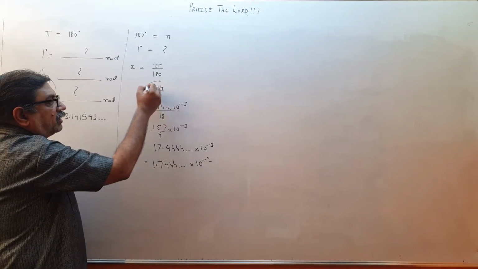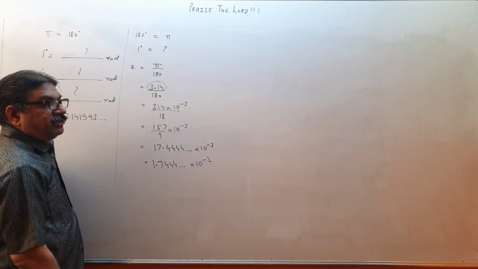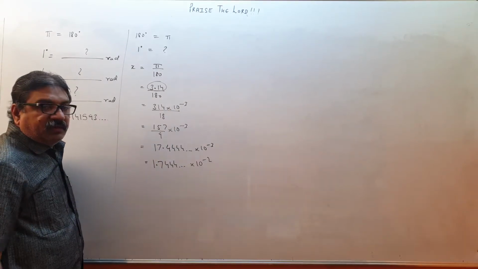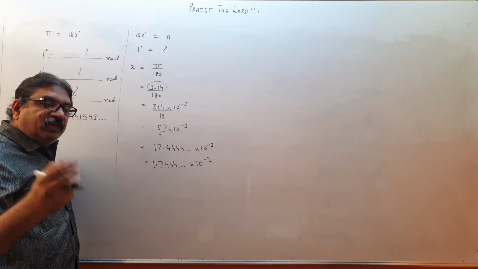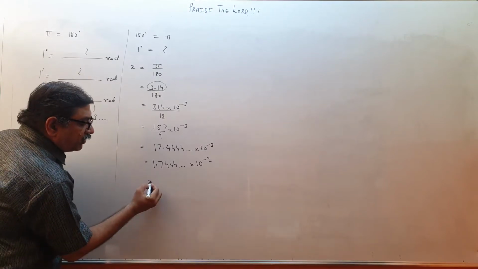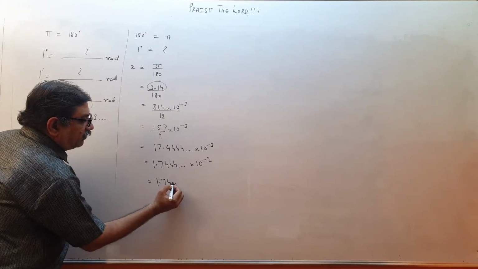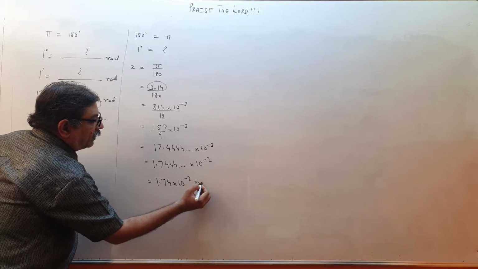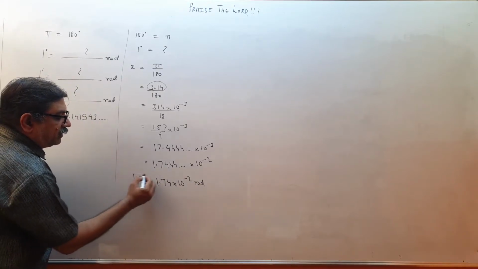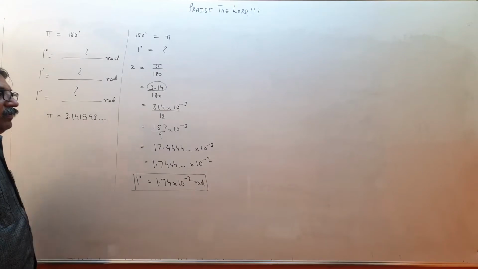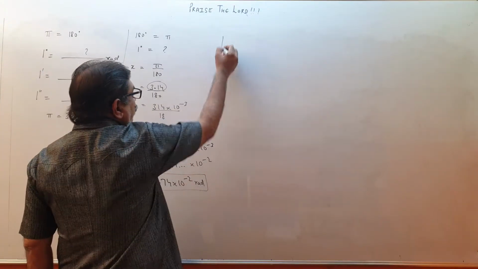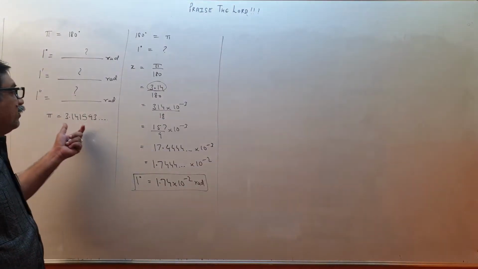Now children, see there are 3 digits over here, significant digits. There are infinite over here. In the final answer we should keep 3 significant digits as per the rules which I taught you in the last video. So this will be 1.74 into 10 raised to minus 2 radian. This is 1 degree. Now if you want to improve the precision, children,